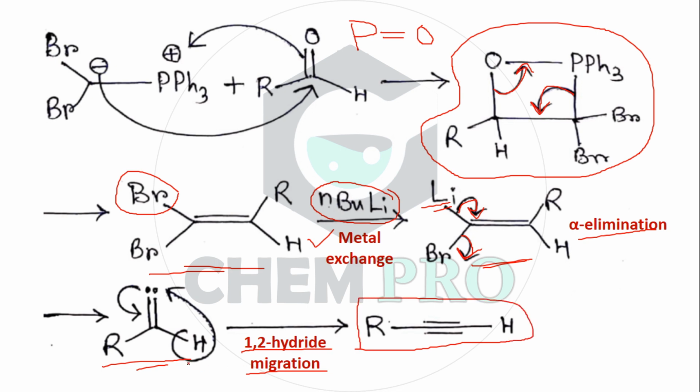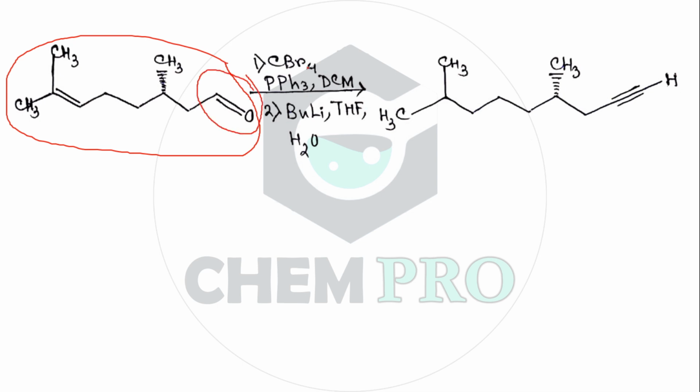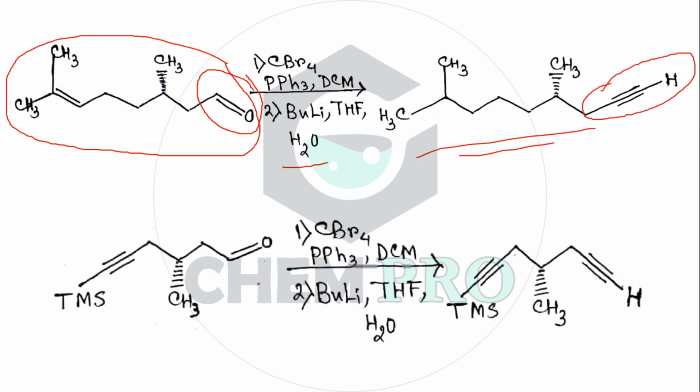Okay, so let's check the first example. This is a big compound, but we have to just look at the aldehyde part. So this is the aldehyde part, and after the reaction, this aldehyde part will be converted into the terminal alkyne, that is, this is our desired product. Okay, next example is this. So we have to look only at the aldehyde part, and this aldehyde part will be converted into a terminal alkyne